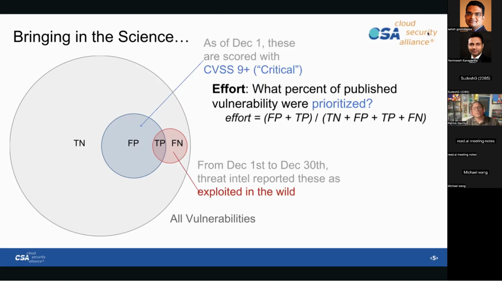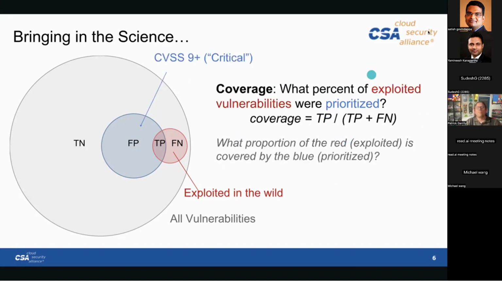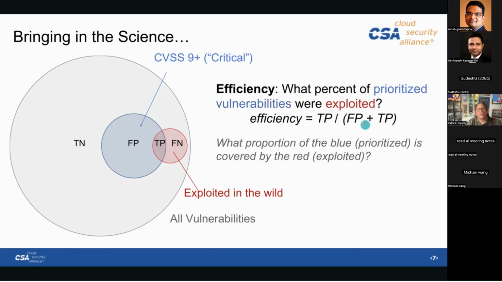We can take a step further. So like blue, essentially we can look at, hey, what's the actual work effort involved? So the blue circle is going to involve work effort when we have 9 or above. And this is going to help as I break this down to show comparisons as far as things like effort and efficiency in a moment. And then we have coverage, which is TP, which is right here, right? And we're looking at specifically how much coverage of the exploitation does CVSS 9 or above have. So it's actually a small portion that you see there.